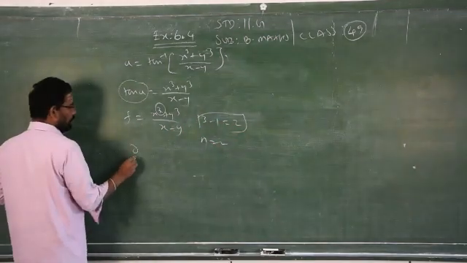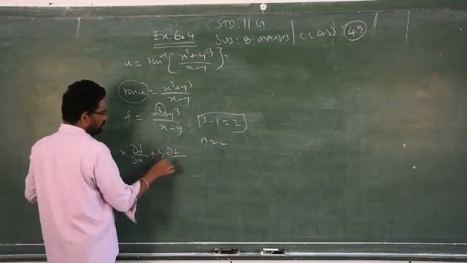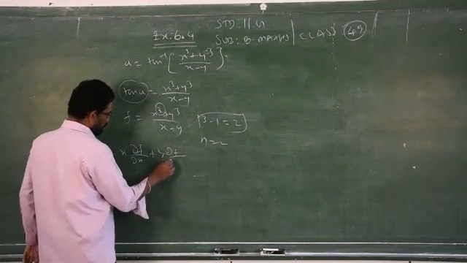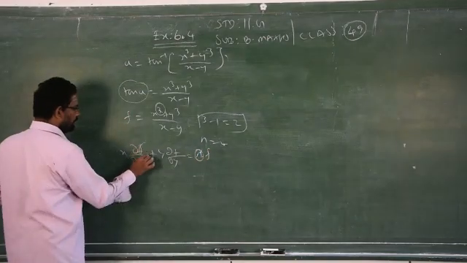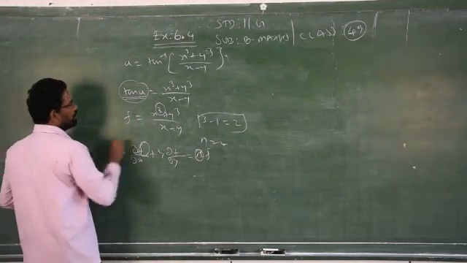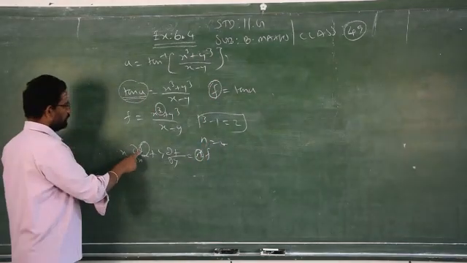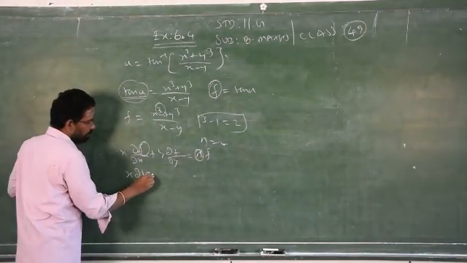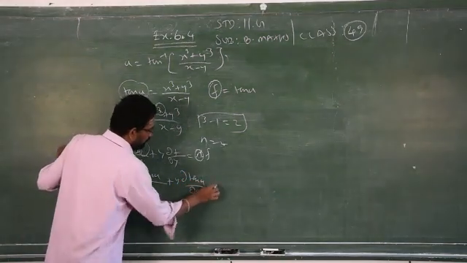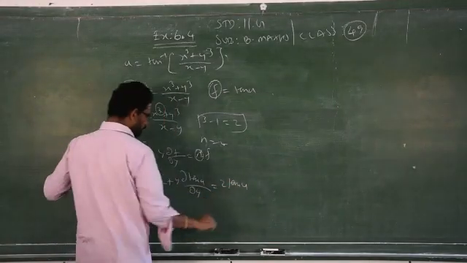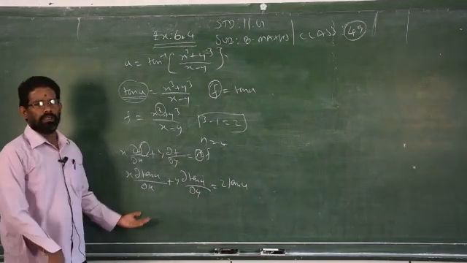2. So write down the general formula: x dou f by dou x plus y dou f by dou y is equal to n into f. Just replace n by 2. But in the place of f, what do we have to replace? Because we are considering tan u as f, in the place of f you have to replace tan u. x dou tan u by dou x plus y dou tan u by dou y is 2 into tan u. Now you know how to differentiate. Differentiation of tan u is secant square u, and you simplify, you will get the answer.